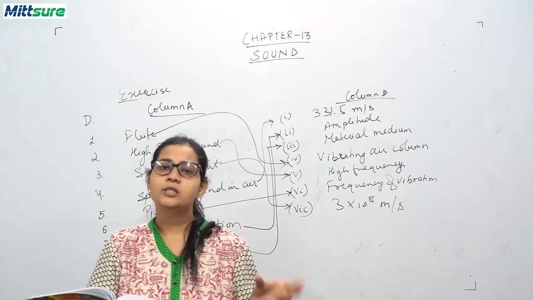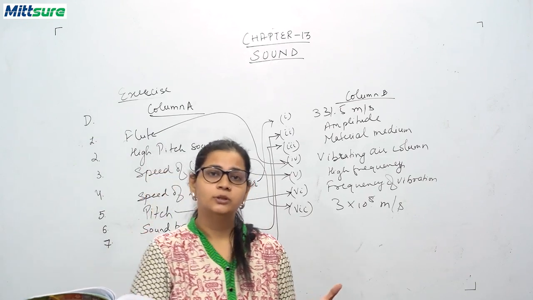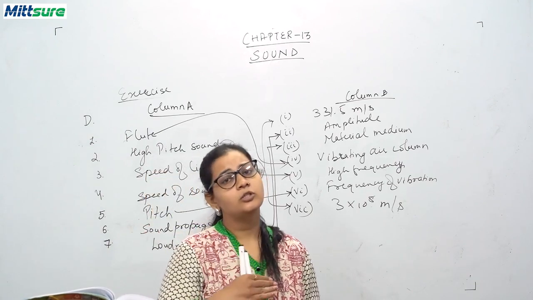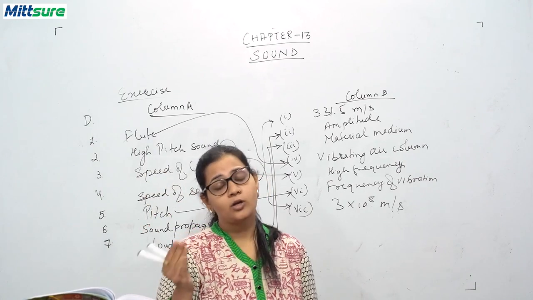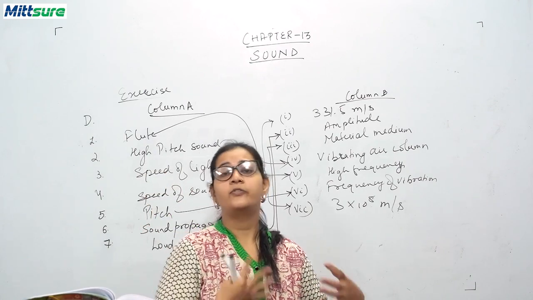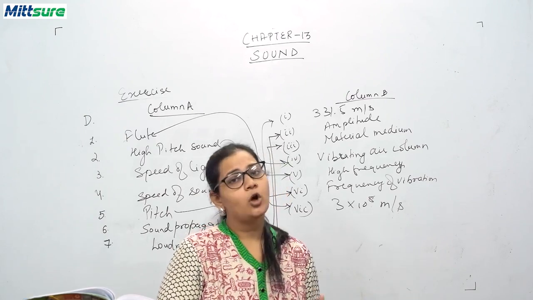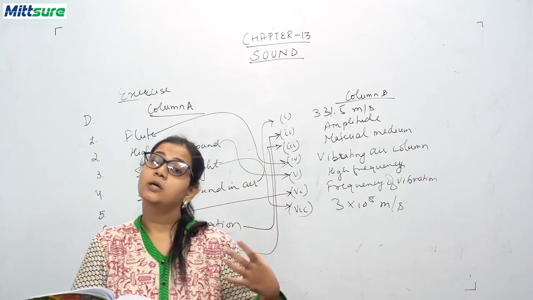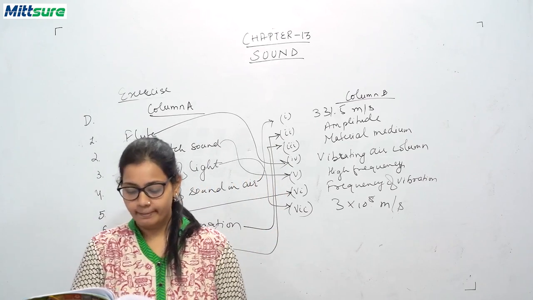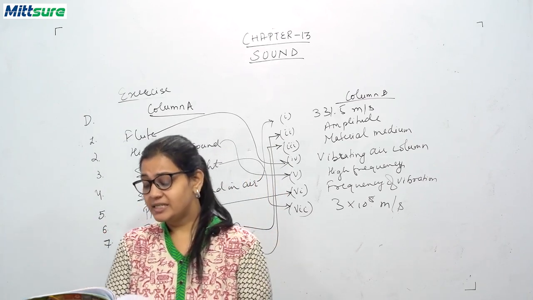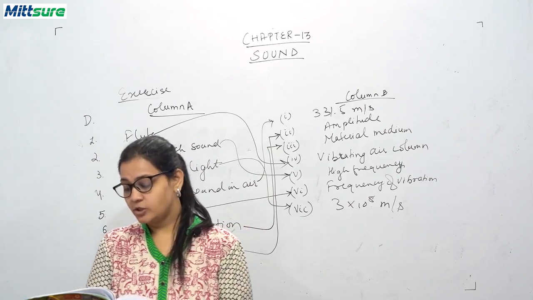So you will be writing about the long flute and the short flute. Okay, long air columns and short air columns. That is, the long air column produces a dull note of low frequency and a short air column produces a shrill note of high frequency. Fifth question, describe an experiment to show that